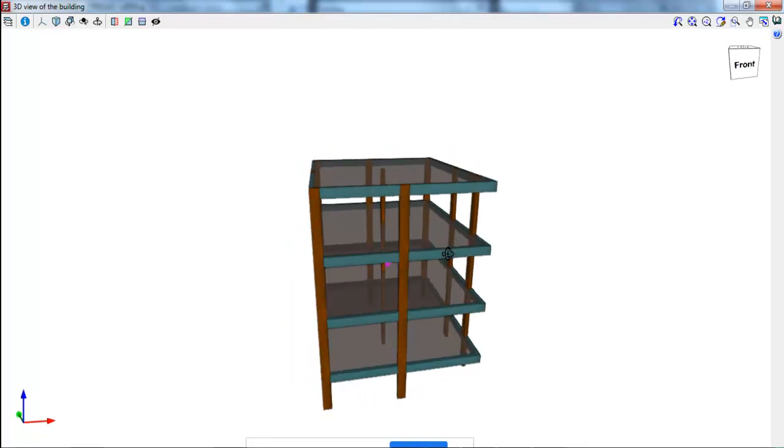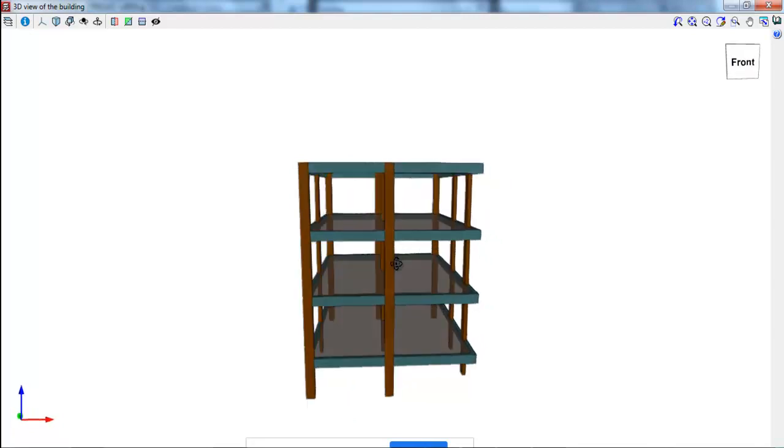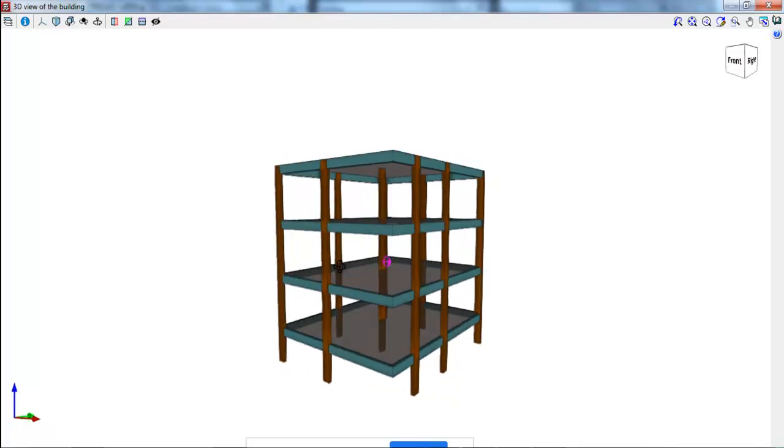Maybe you are seeing this as a very small structure. In case you are doing a 20-25 story structure, that's all you have to do, nothing else. You get the whole structural model readily available. So it's such a simple software, and anybody can use it with little knowledge of civil engineering. It's very easy to use.